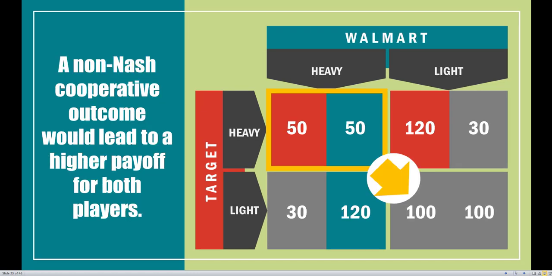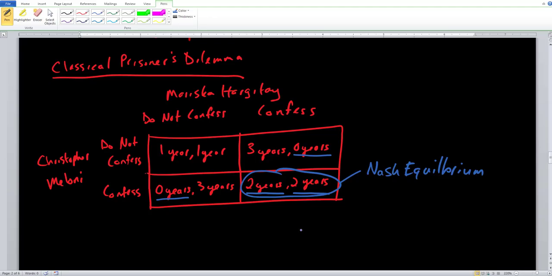So how can Target and how can Walmart come to this outcome, come to this solution right here? Because this is going to be the best outcome for both of these firms, rather than if the game were played out naturally, where each of the firms is going to advertise heavy, leading to this prisoner's dilemma. Same thing in this example. How exactly can we get Chris and Mariska to hone in on not confessing, getting the best outcome for both of them,